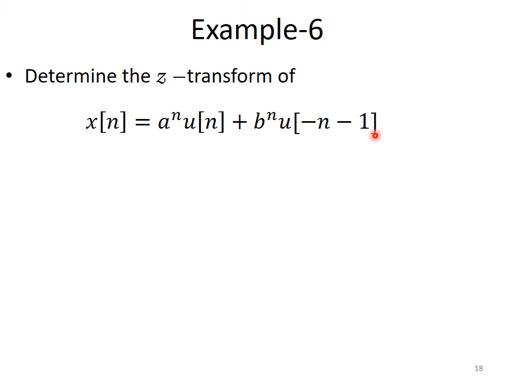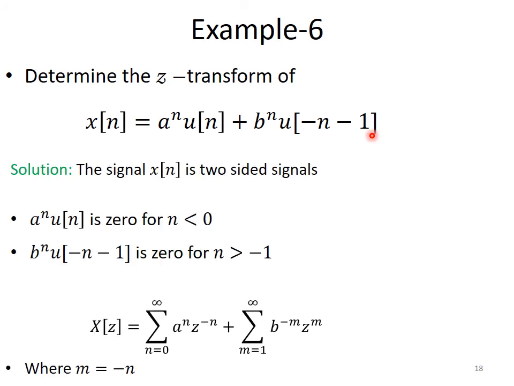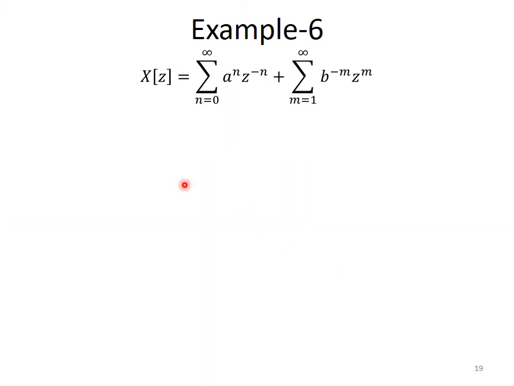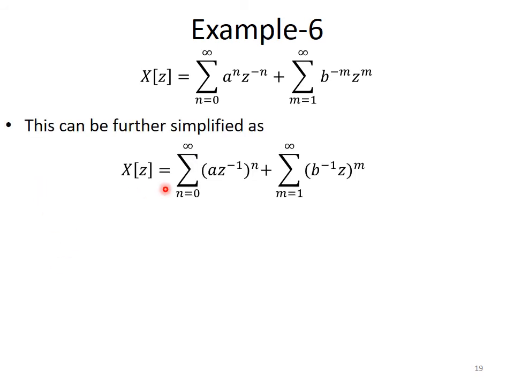So we can treat this in the same way we solved examples number 2, 3 and 4, and we will solve this part in exactly the same manner we did example number 5. So writing down this sequence in this form: n equal to 0 to infinity, and here m equal to... Now we can simplify it further in this form, by taking power n common from both terms and here m common from both terms.